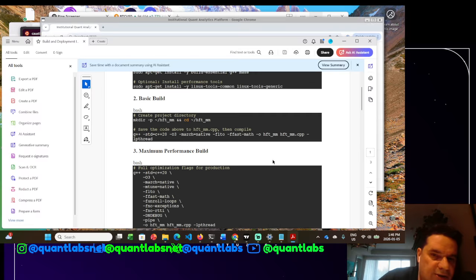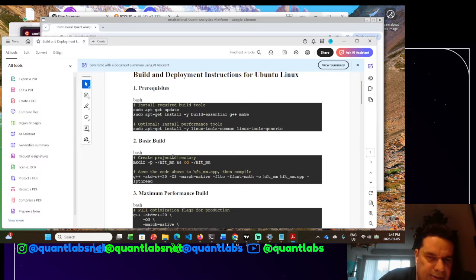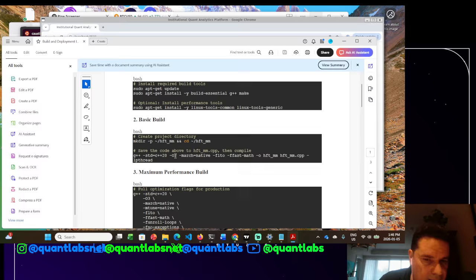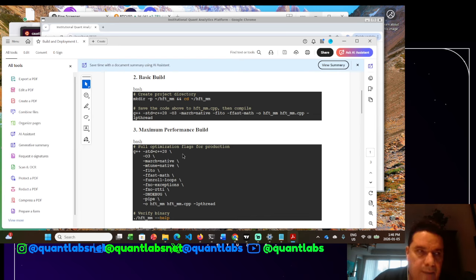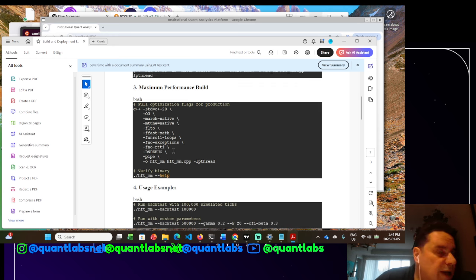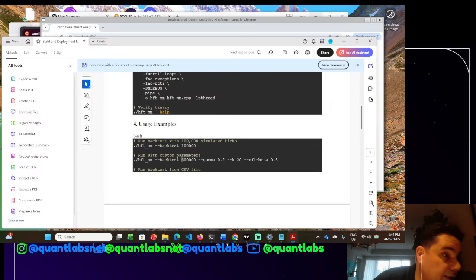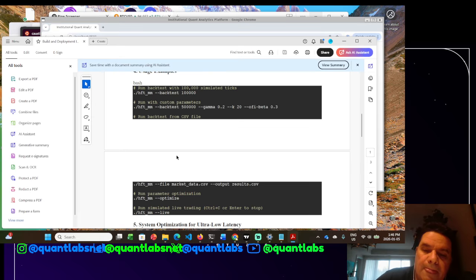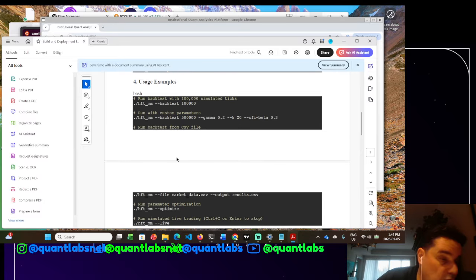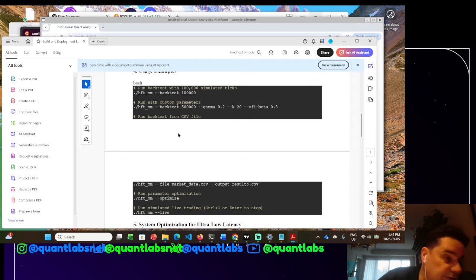Okay. So again, we're talking about the build and the prerequisites in Linux. You have to be pretty competent in Linux to really take advantage of it. To do it in Windows is very difficult, though if you use maybe CMake and the MinGW utilities, you could kind of do it. I would rather do it in Linux because everything's going to be done in Linux for best performance, right? So we have different examples here of usage.